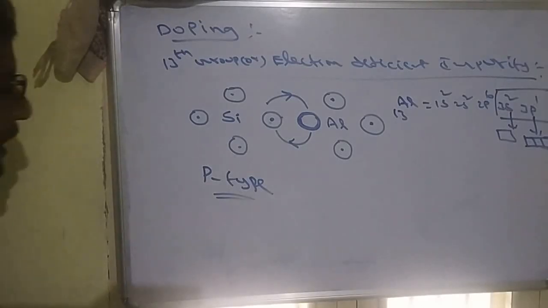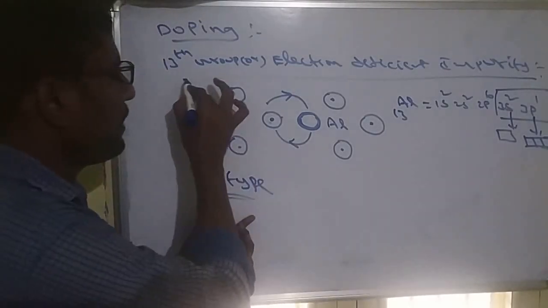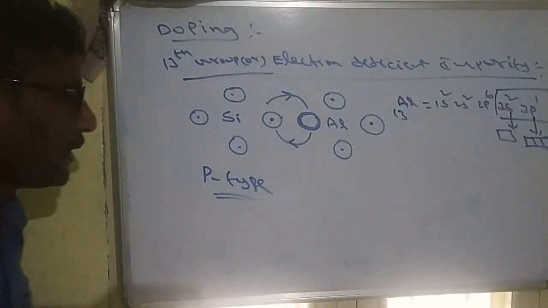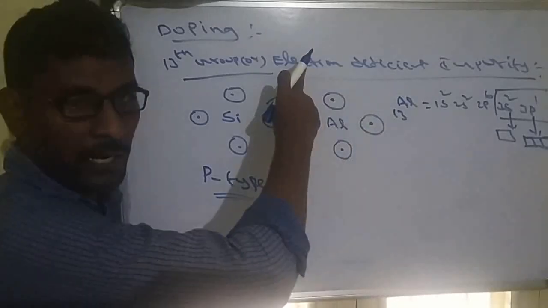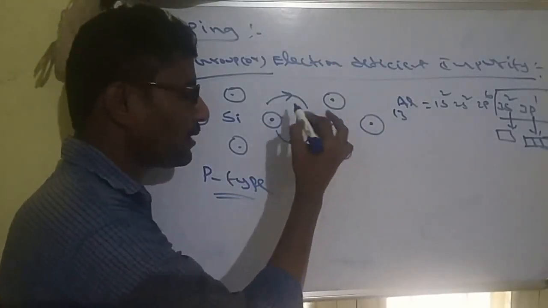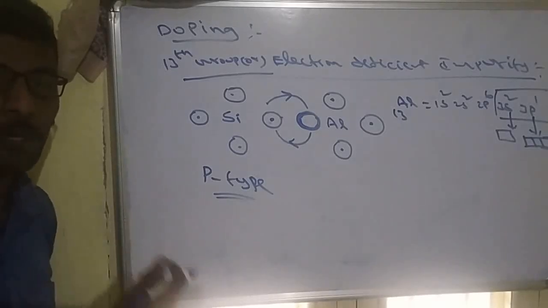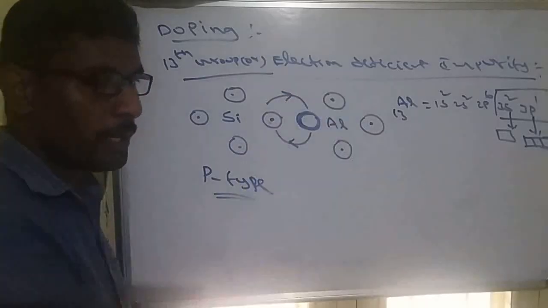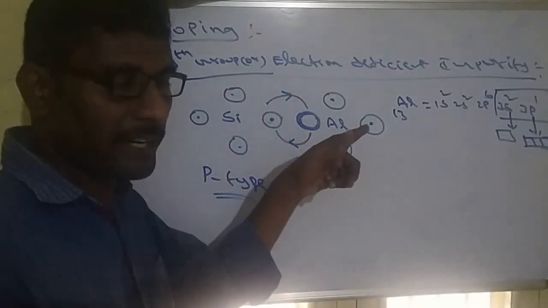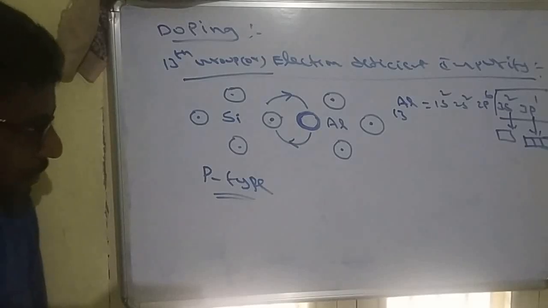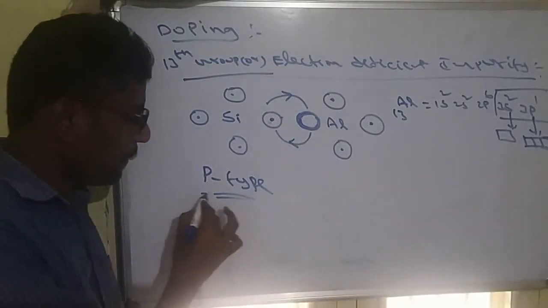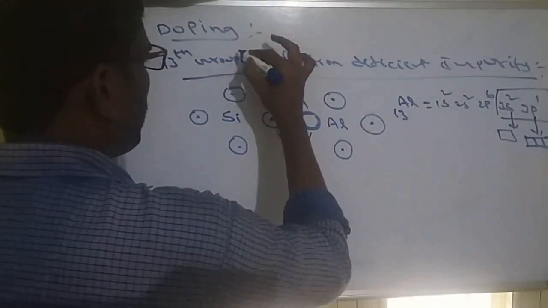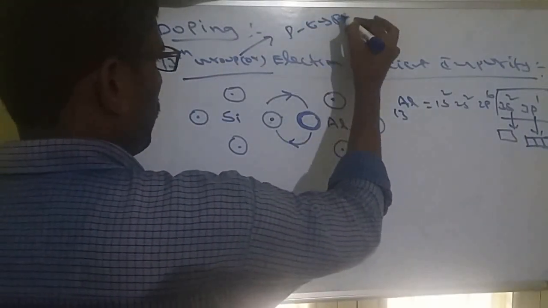So p-type semiconductors are those where semiconductors are doped by the 13th group, which means electron deficient impurity. Because in electron deficient elements, some empty orbitals are there. Those we are assuming as positive holes. Why are they positive? Because they are moving opposite to the electron. Electron charge is negative, so hole charge we are assuming as positive. Such conductors are called p-type semiconductors. So the 13th group will produce p-type.